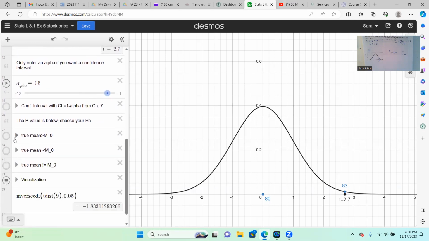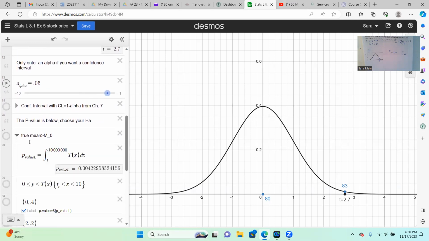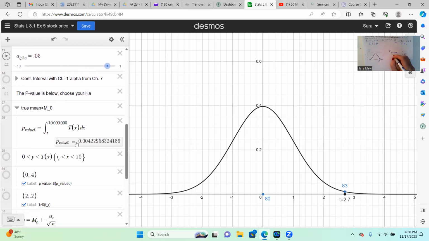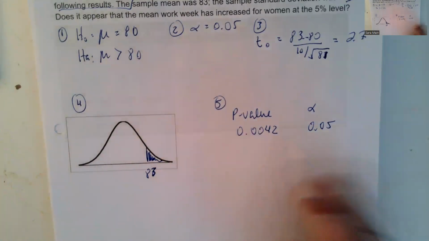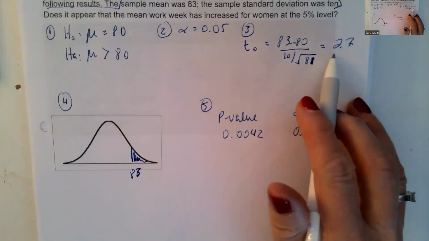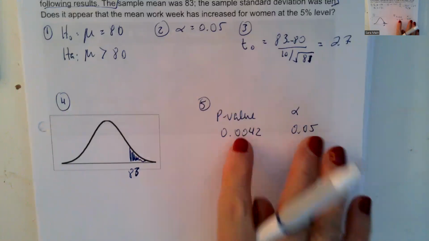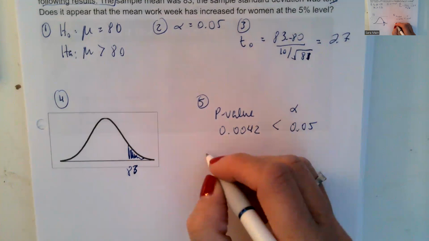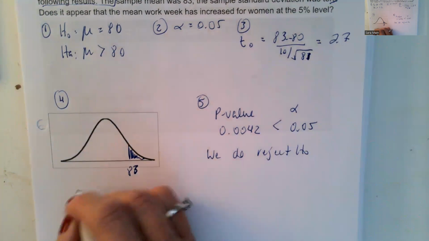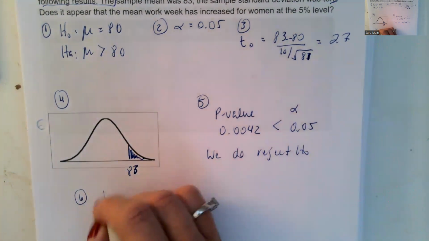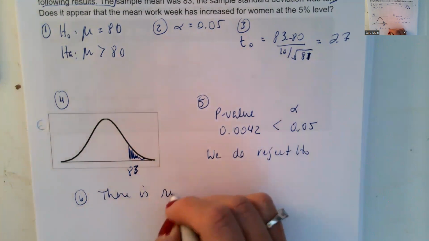So I'm going to go down here, and it's a greater than, so I'm going to use that drop down. And our p-value is 0.0042. And so there's our p-value. I wrote out our test statistic, even though the p-value is what we're going to use to decide. Versus the alpha, it is less than, so we do reject H0. So in step 6, we do reject H0, so there is sufficient evidence